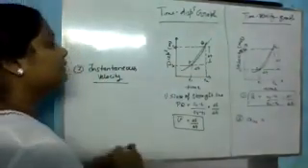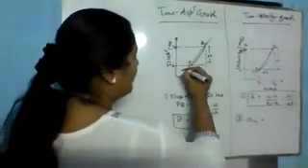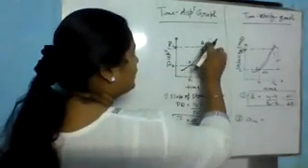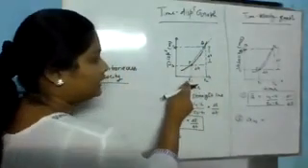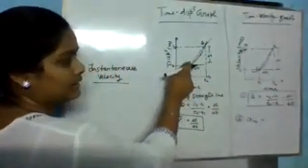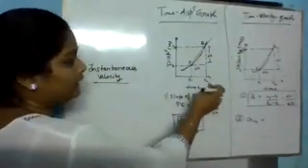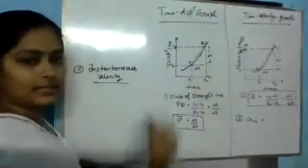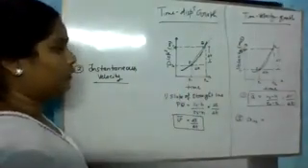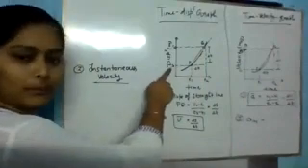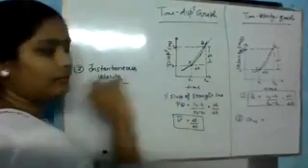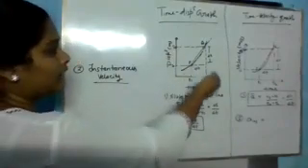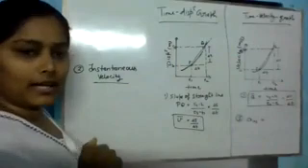Now you can see here in this curve we have 2 points. It is non-uniform. Okay, we are going to take 2 points, point P and point Q. At T1 the position of the particle is at point P, and at T2 the position of the particle is at point Q. So S1 is the position at time T1 and S2 is the position at time T2. We draw perpendiculars like this on the x-axis and on the y-axis.